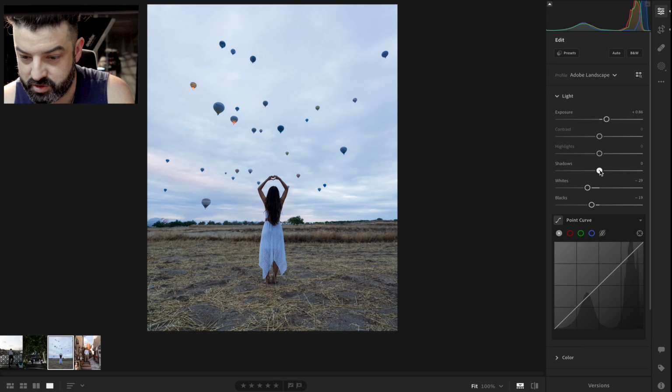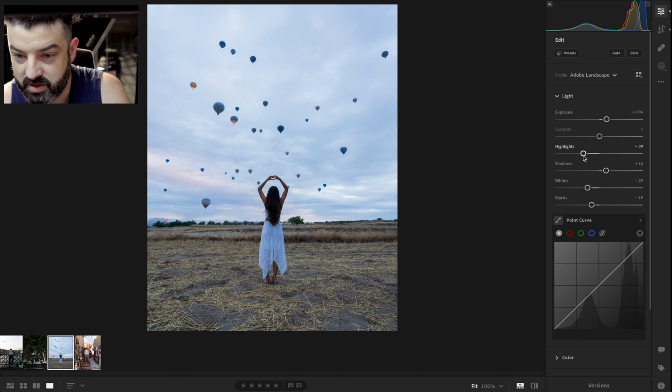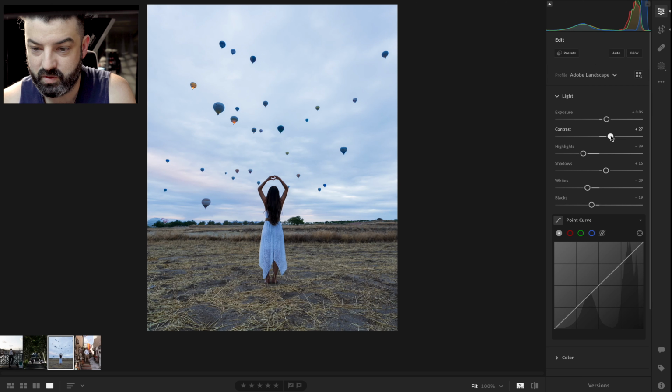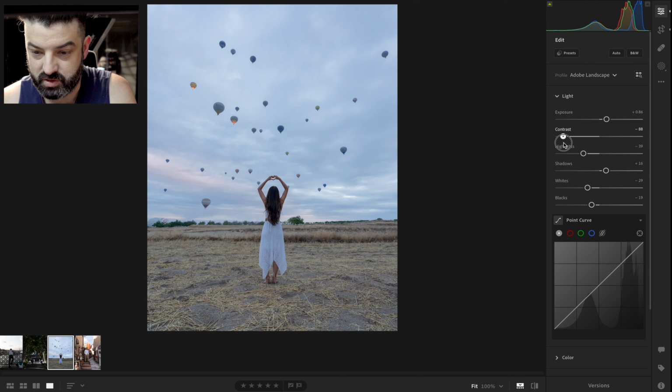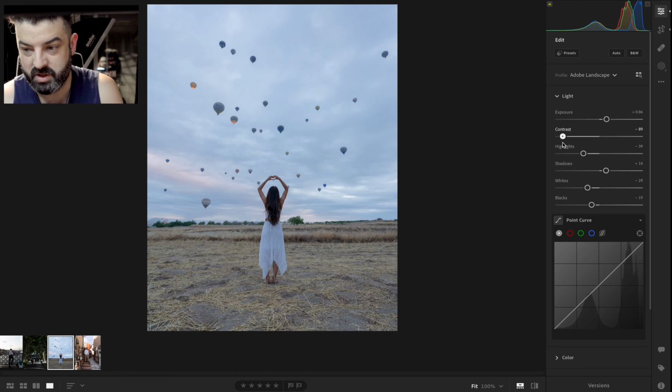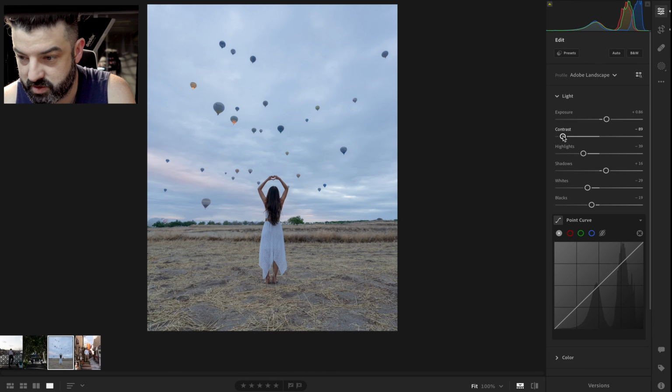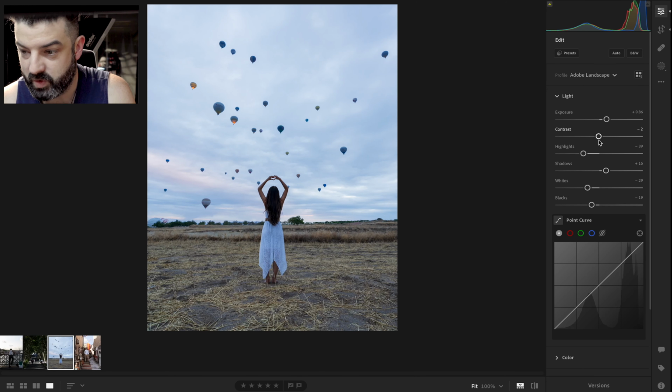Do I want to open up the shadows? I think I'll use a layer mask. Reduce some of the highlights. And let's see what happens if I go all the way with the contrast. You see that if I reduce the contrast, the subject becomes pretty in focus. So what we're going to do is, let's put this where it is,